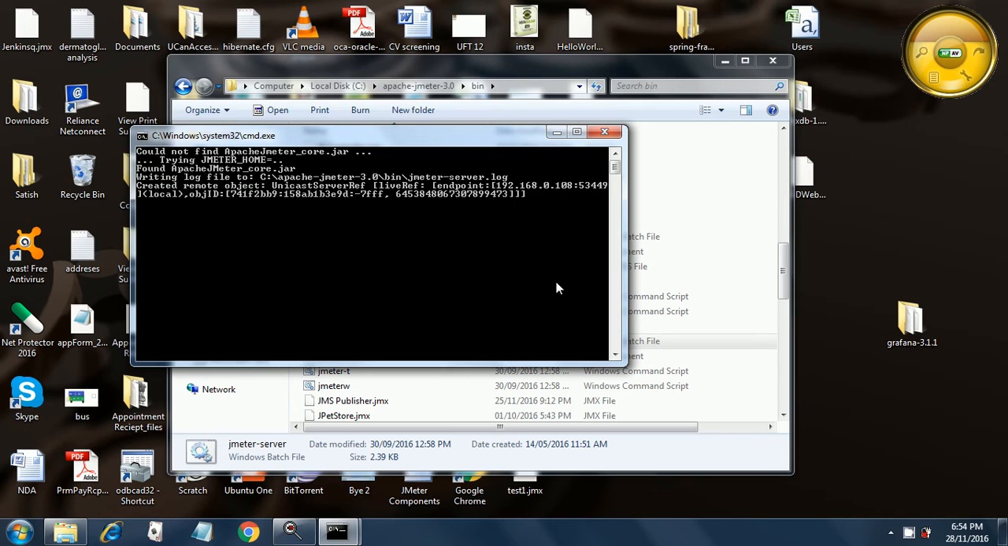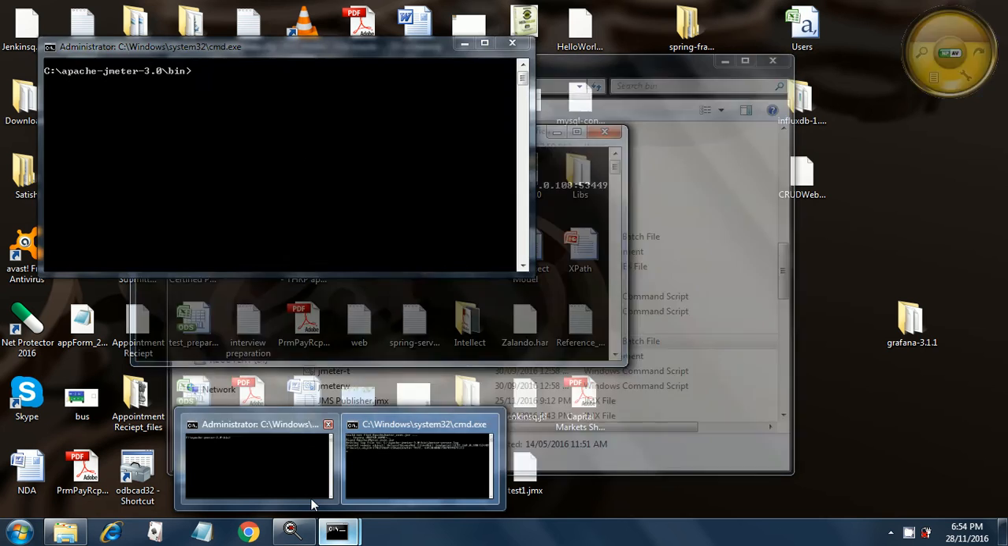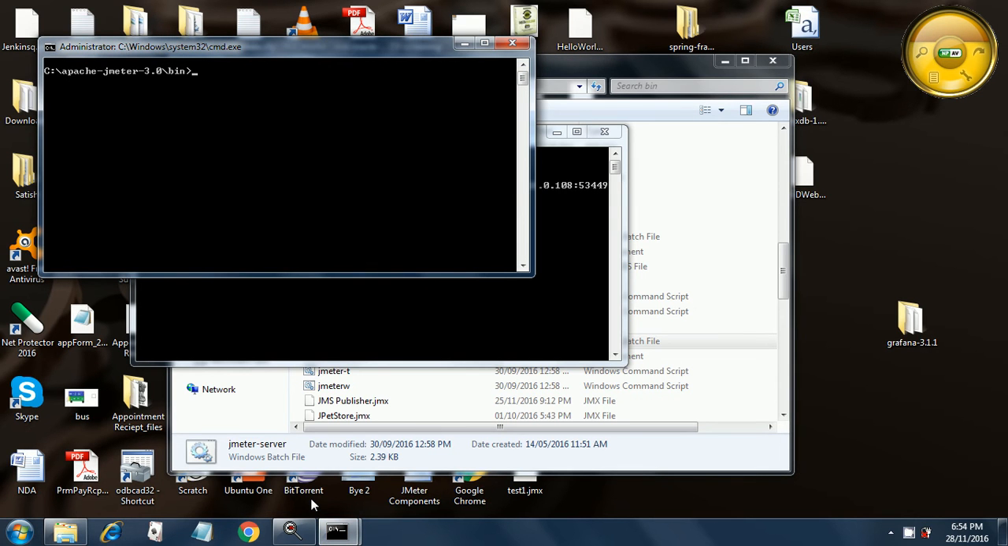Okay, the JMeter server file has been executed and it has started running. Now you will execute the command for non-GUI mode execution for our test. The command is jmeter -n -t c:\Apache JMeter 3\bin\Google test.jmx, the JMX file that we have created, -l Google test.jtl, this is the JTL report file that I am creating, and then finally we have to give one additional parameter, the remote execution parameter -r,